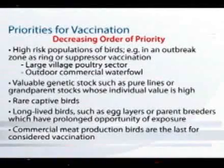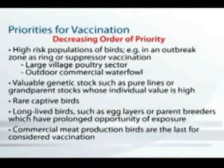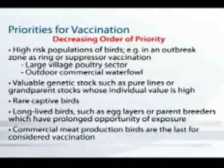In this case, in an outbreak zone, either as a ring or suppressor vaccination should be considered. If the country has a large village poultry sector that has infection, in this case, vaccination may be of benefit in reducing susceptibility to other birds within that population. It also may be helpful in outdoor commercially reared waterfowl in reducing their potential to become infected because of the